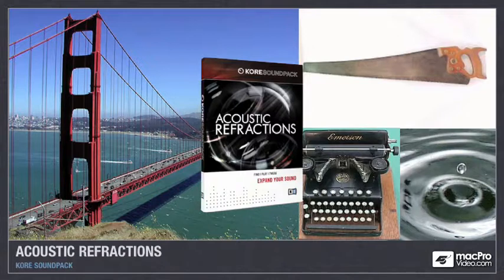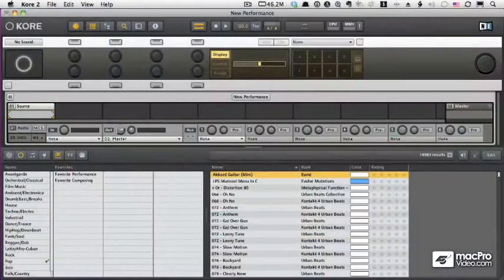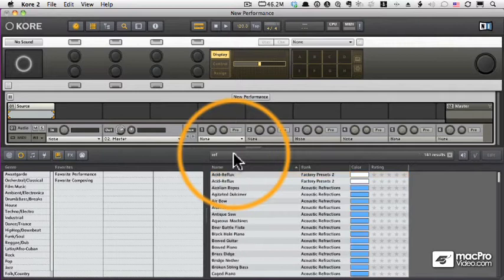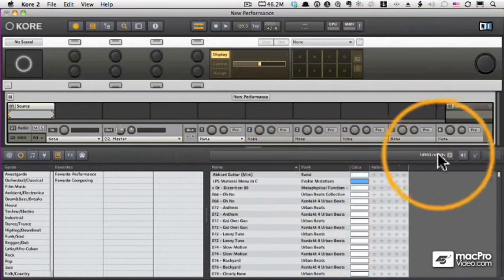Now we're going to look a little bit at Acoustic Refractions and show how we can use this, but the stuff I'm doing here will work with any of the Core sound packs. The first question is, how do I find the sounds in this sound pack? Of course, we can search for them in a variety of ways. We can also type into the browser Acoustic Refractions, and that will give us just the sounds that have Acoustic Refractions in there somewhere. Now don't forget, we can view or hide the browser by pressing F4 or the little